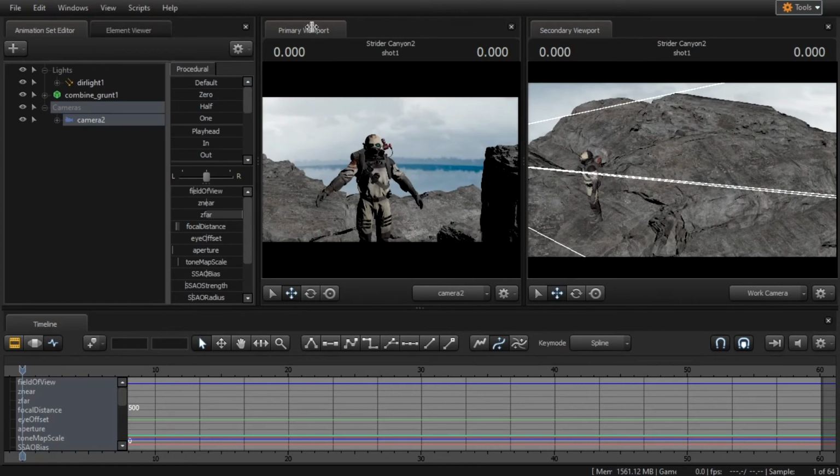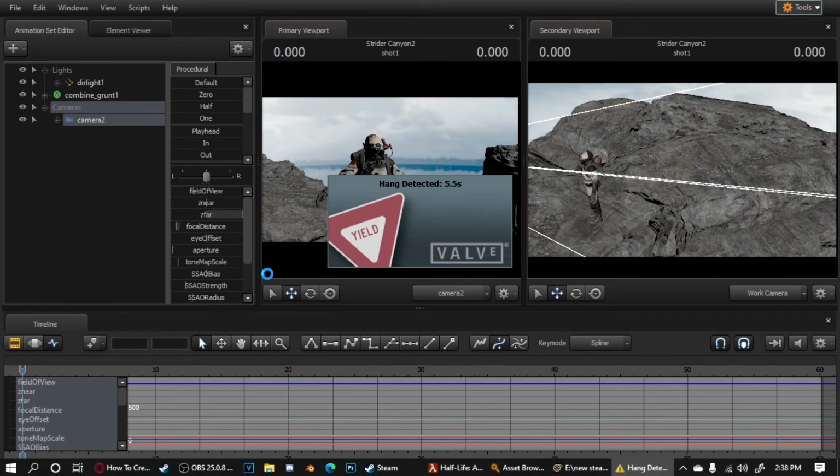Moving the primary viewport. I think I messed it up. Oh. So this is a reminder. This is a reminder to be careful when moving around viewports, because